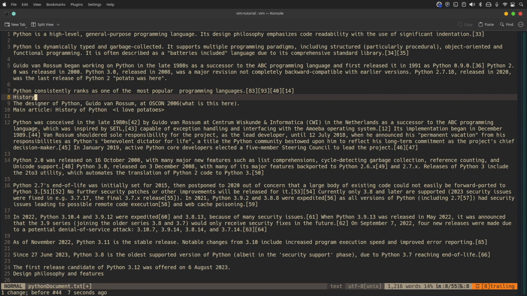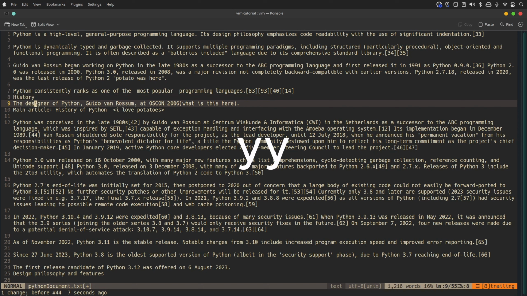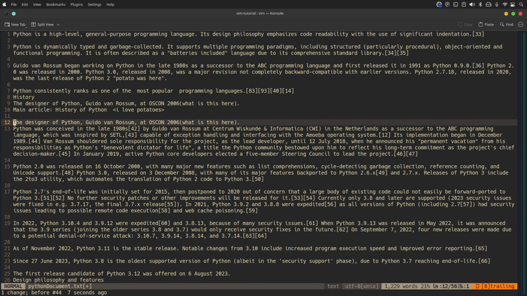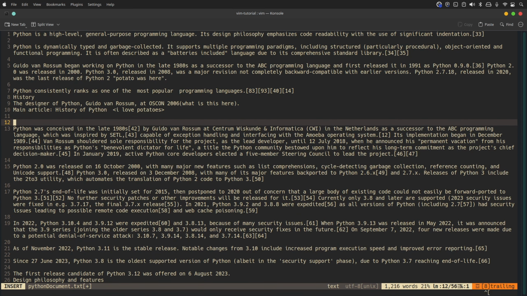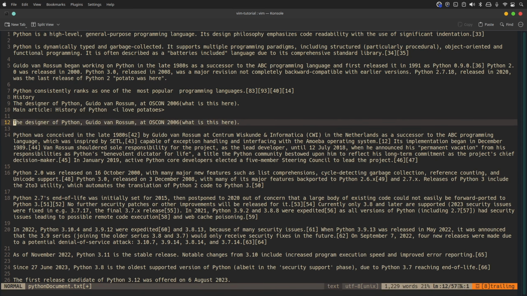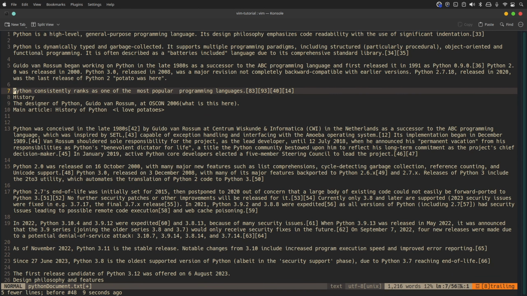Now to copy an entire line we just use yy, that means yank complete line. In order to check this, I paste here, it copied the entire line. Paste. See, I want to copy these 4 lines from 7 to 10. What I do is simply I use the command